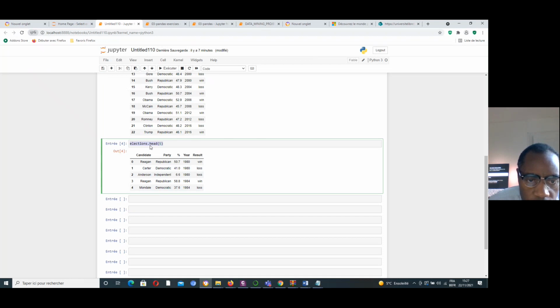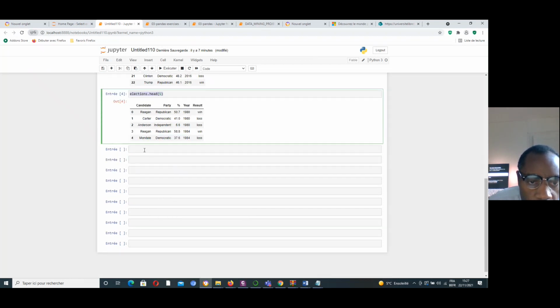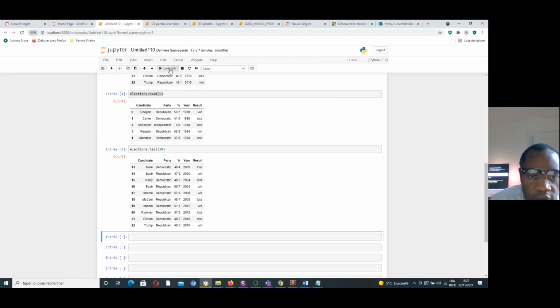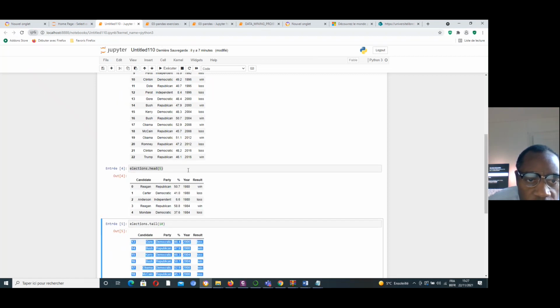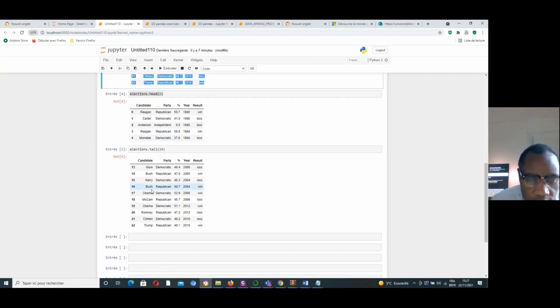I can also print the last 5 lines, or say the last 10 lines of this data. Here are the last 10 lines of this data.